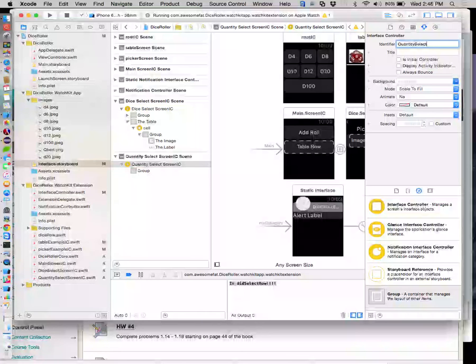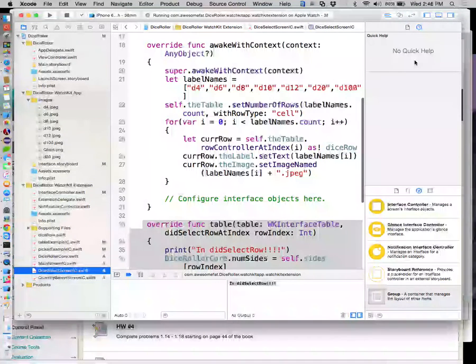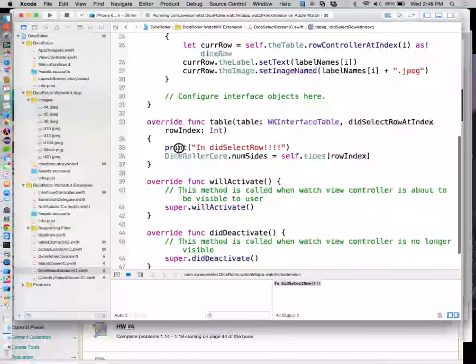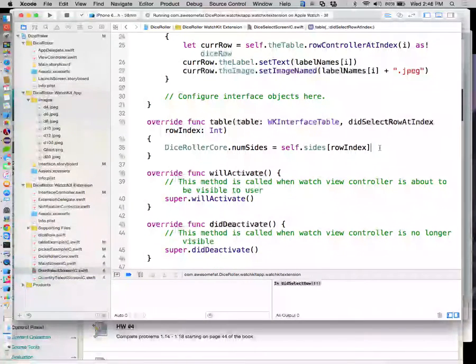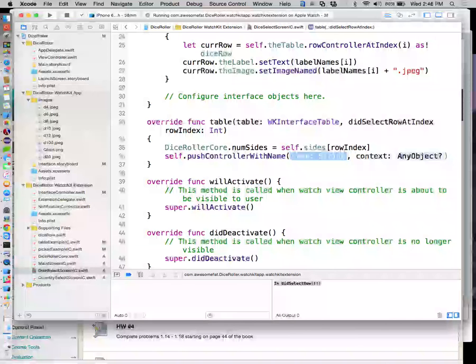Quantity select screen IC. All right, so that's going to be the identifier for that guy. Now what we're going to do is back in our dice select, after we set the number of sides, then we can go ahead and say self.push controller with name that,